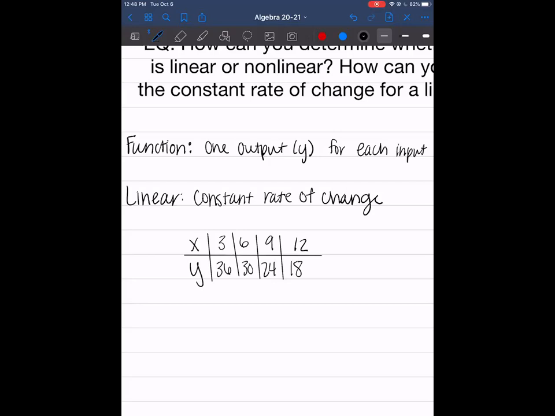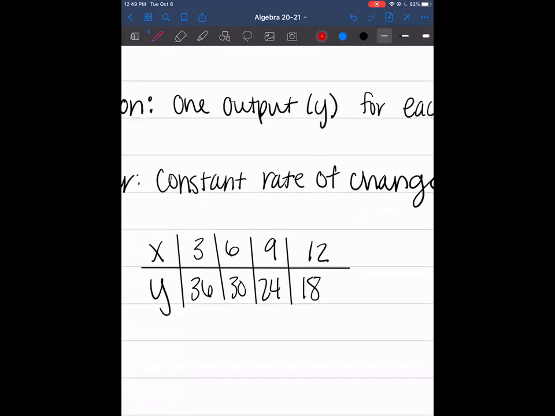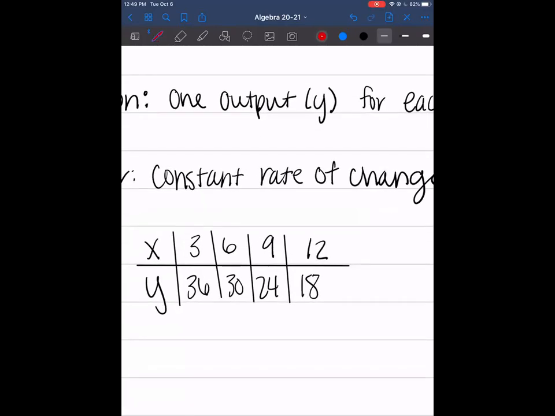So I'm giving you an example of a linear function in a table format. And we know it's linear because if I look at my change of x, which we'll talk more about,